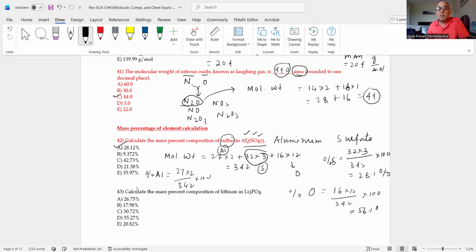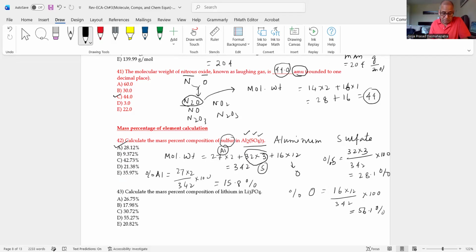The percentage contribution of oxygen is this one. In case of aluminum, it is 27 into 2 divided by 342. So it is around 15.8%. So if you look at it, if you add all of them, the percentage of aluminum, sulfur, and oxygen,